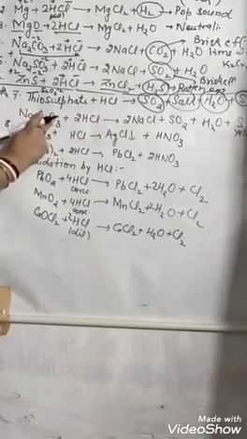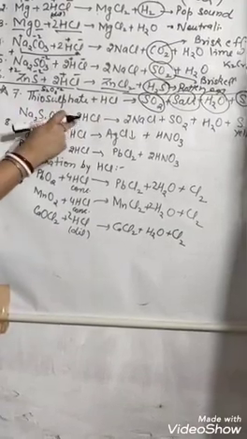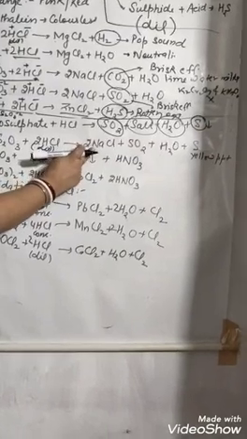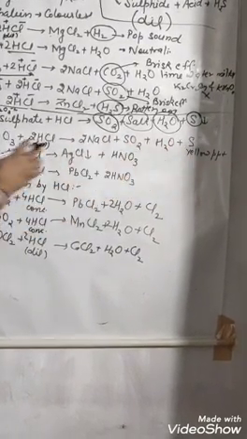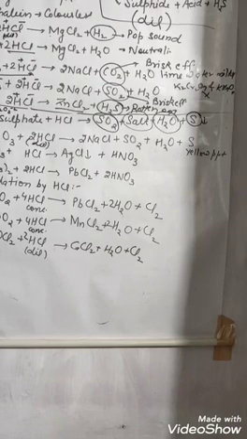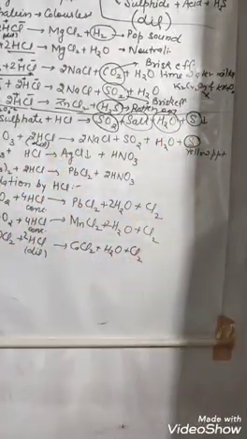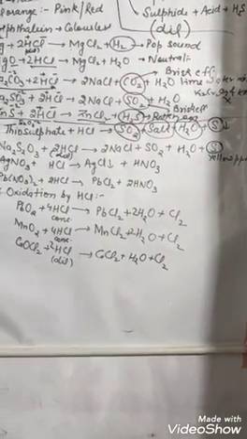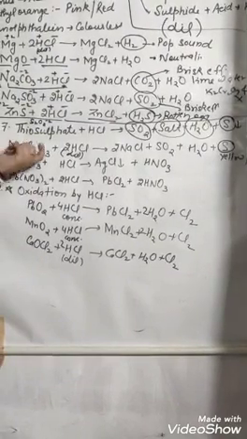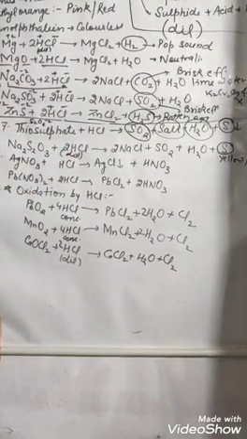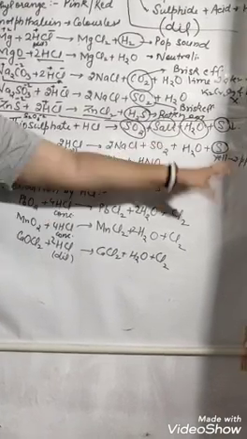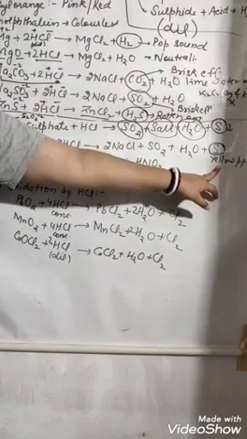So we take sodium thiosulfate, Na2S2O3, and react it with dilute HCl. What is it going to form? NaCl, SO2 and H2O. Up to here the reaction is the same as sulfite, but here it also releases a yellow precipitate of sulfur. Suppose the observation asked is what happens when sodium thiosulfate reacts with HCl. Then you will say: brisk effervescence of sulfur dioxide evolved with a yellow precipitate of sulfur.